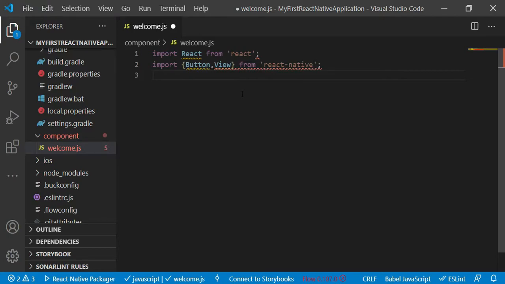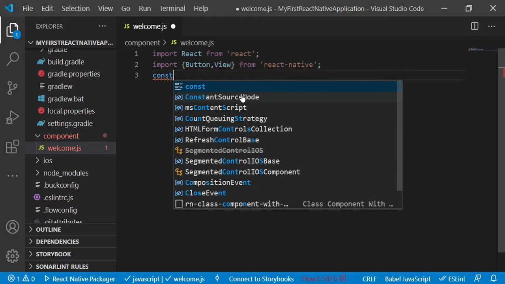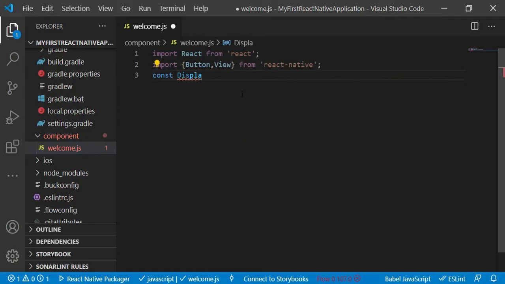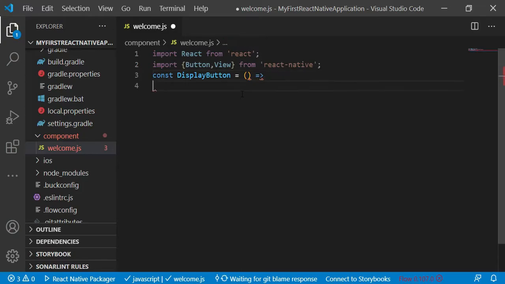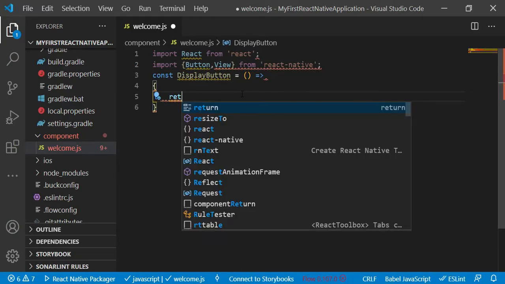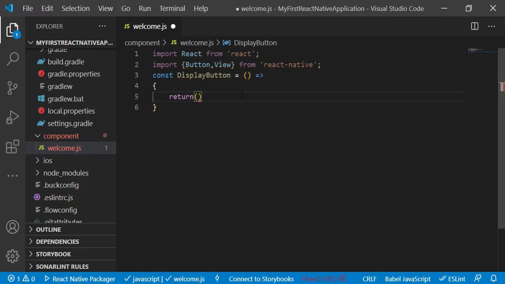If you are using a function component, then as we all know, we have to define one constant. Let us give the name for this constant as displayButton. This is a functional component, so we need to write an unnamed function there, and this function is returning one View.